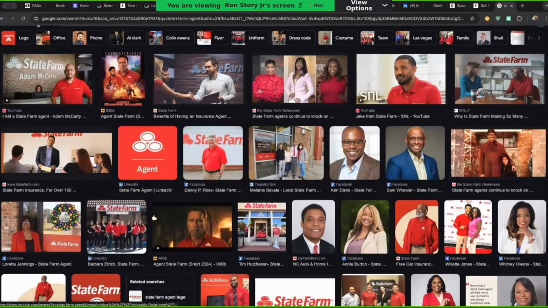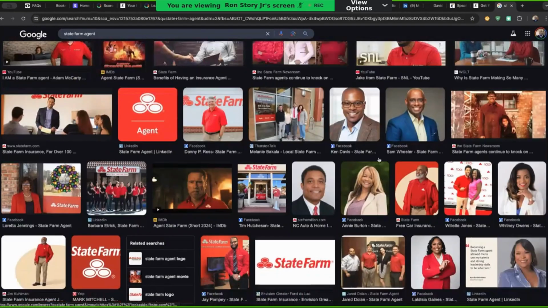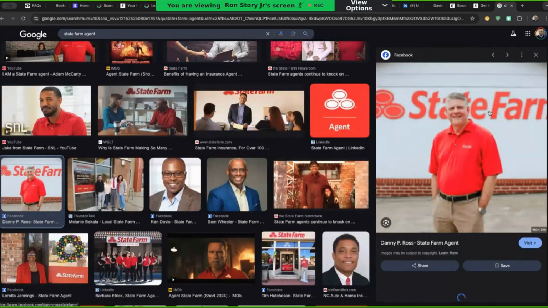These people look professional, but they're here. This is the normal State Farm agent outfit. It's going to be the red polo shirt and khakis. They look like they work at Target.